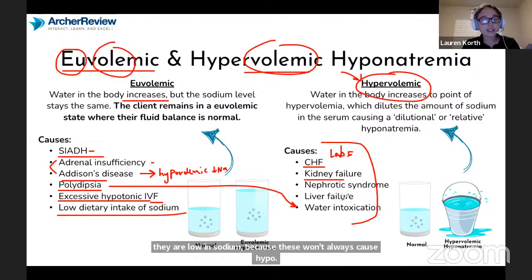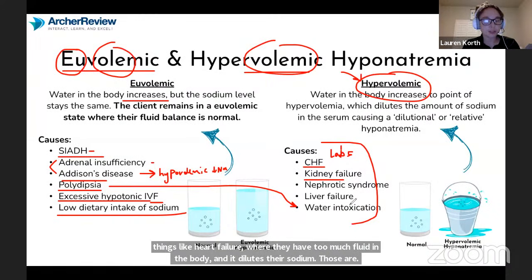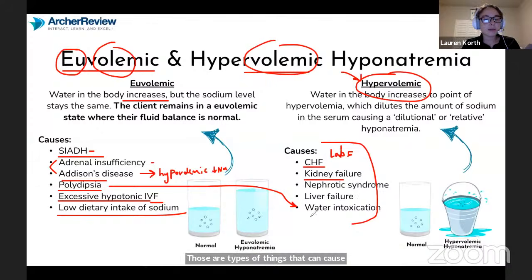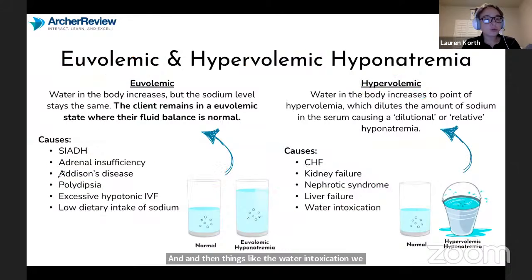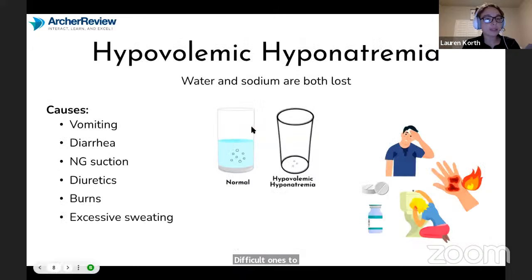So things like congestive heart failure, where they have too much fluid in the body and it dilutes their sodium. Those are types of things that can cause hypervolemic hyponatremia. And things like the water intoxication we talked about, or liver failure, or anything that makes you retain water. All right, so those two are difficult ones to master, but the type that's most frequently seen